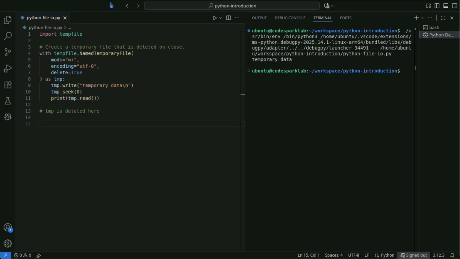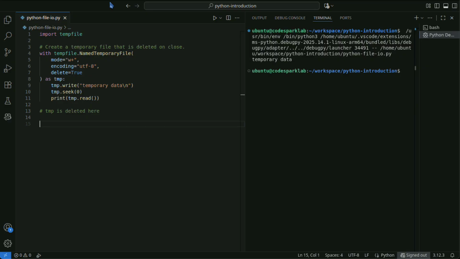This code creates a temporary file, writes and reads data, and deletes it automatically when the with block ends. Using tempfile, NamedTemporaryFile, you can handle temporary files safely and without conflicts. Because delete equals true is specified, the file is deleted automatically.